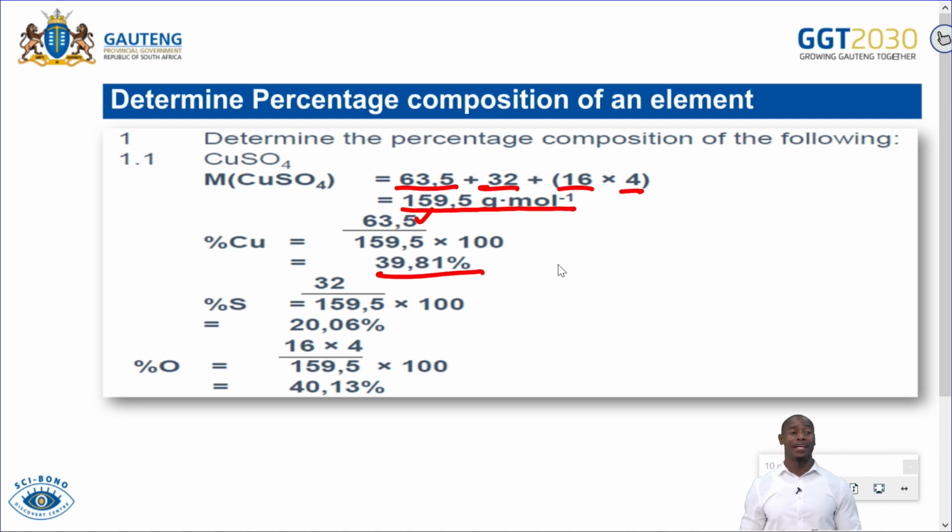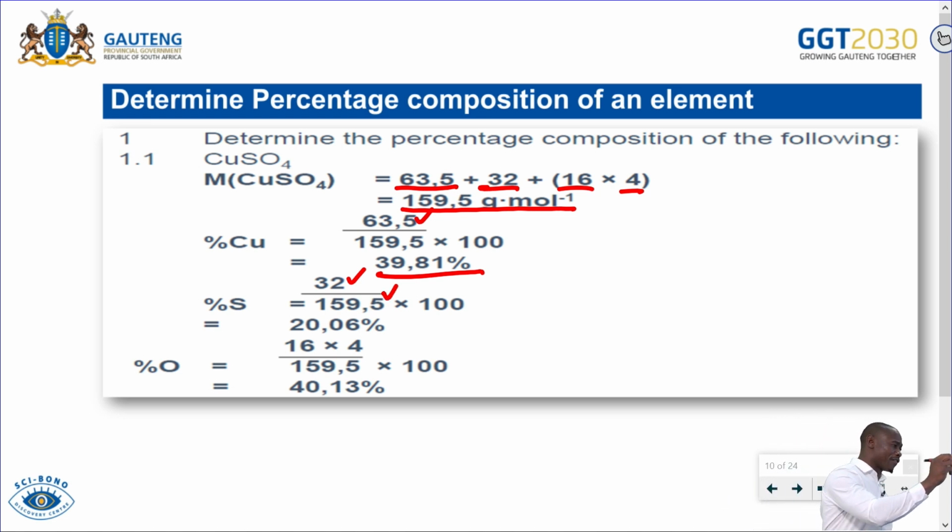It is 39.81%. Then what is the percentage of sulfur? So there are 3 elements there. It's copper, sulfur, and oxygen, right? So now let's calculate the percentage of sulfur in 1 molecule of copper sulfate. So it will be the molar mass of copper. Sorry, not copper, but the molar mass of sulfur divided by the molar mass of copper sulfate. So it's 32, which is the relative atomic mass of sulfur. Divide that by 159.5 times 100. Then the percentage of sulfur in copper sulfate is